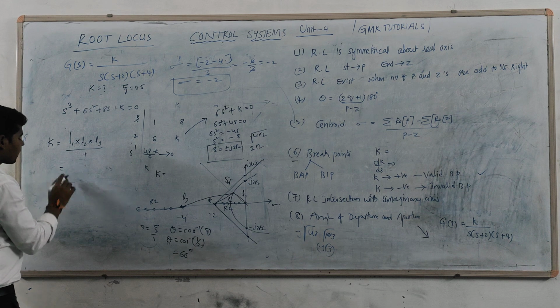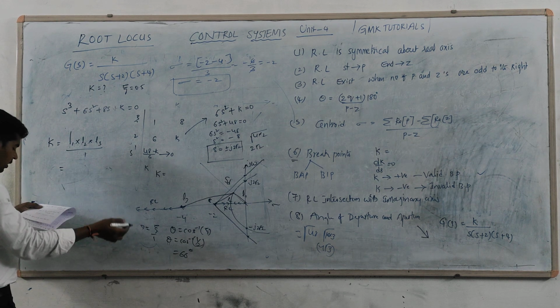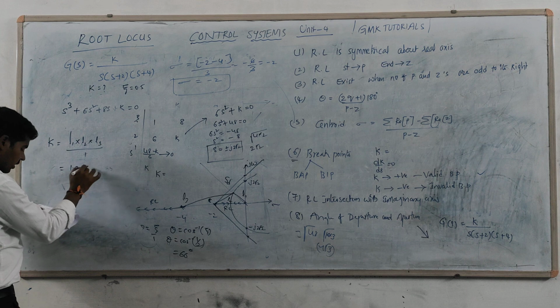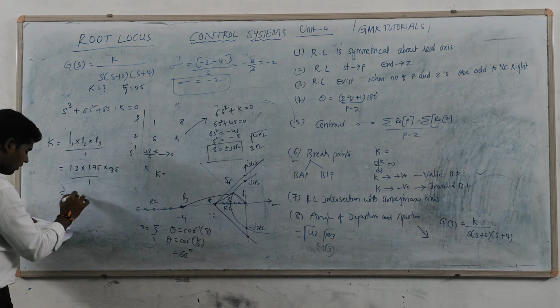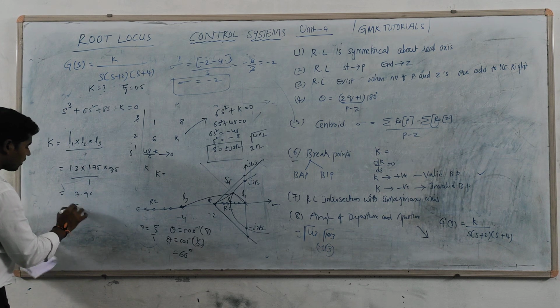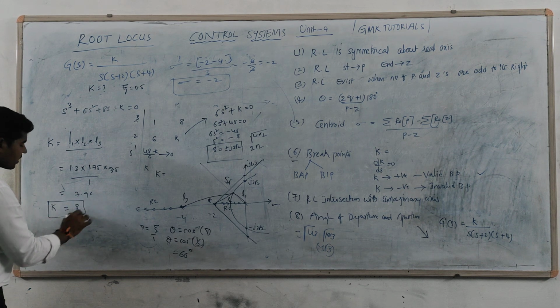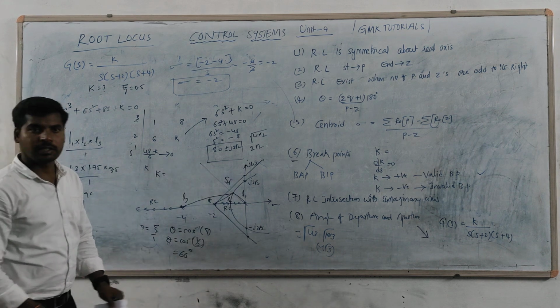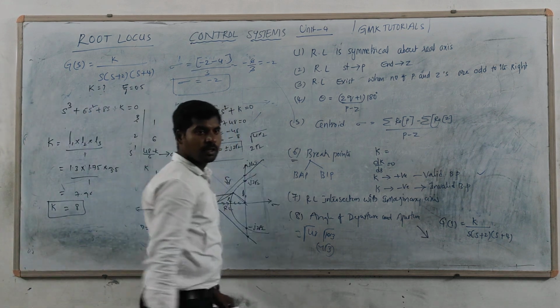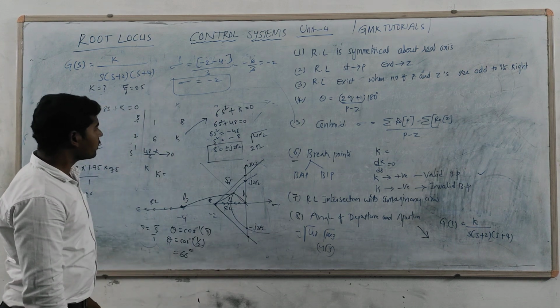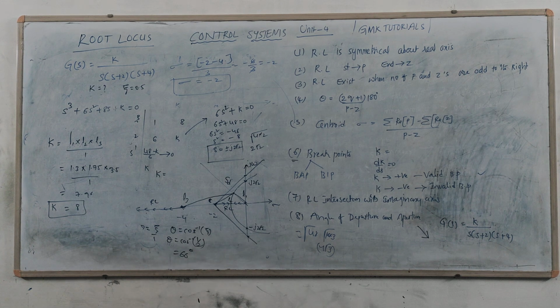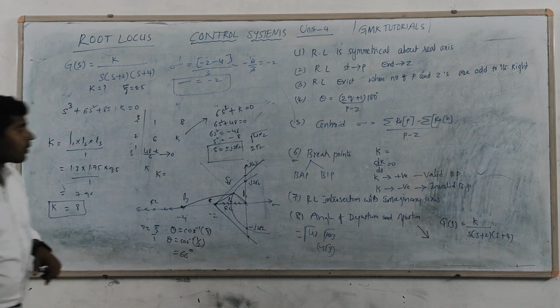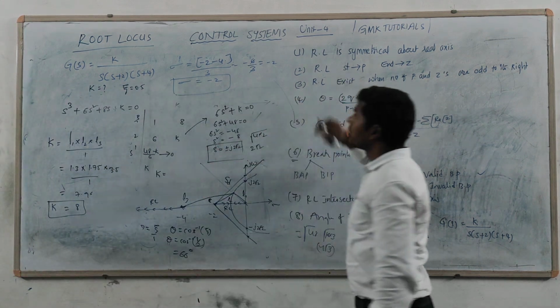ఓకేనా? సో నేను క్యాల్కులేట్ చేస్తే L1 వచ్చేసి 1.3, L2 వచ్చేసి 1.75, L3 వచ్చేసి 3.5 divided by 1. So you will get value of 7.96, that is equal to 8. And k value is equal to 8 in this case. That is the process. In case if you neatly plot this one, you will get the value of that solution actually. So this is nothing but the complete solution for finding the k values. Okay. So this is nothing but all about the root locus.